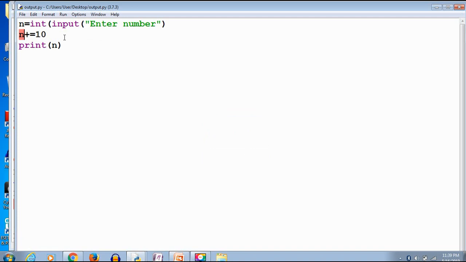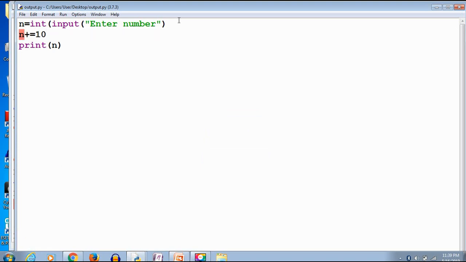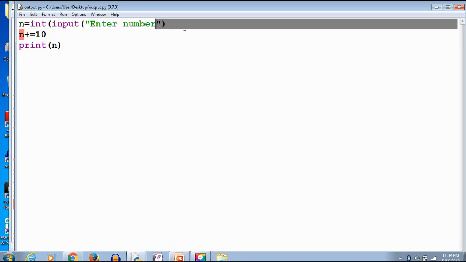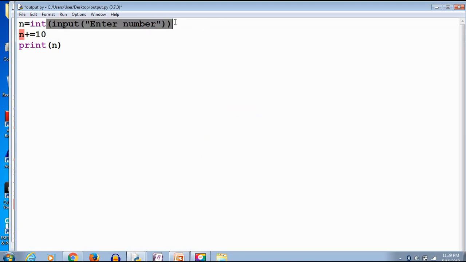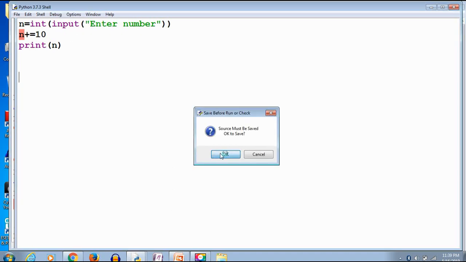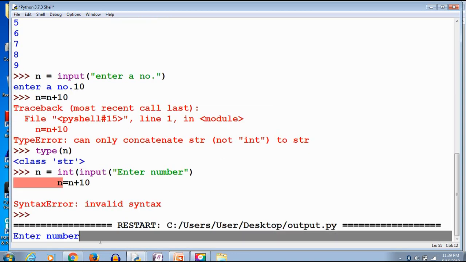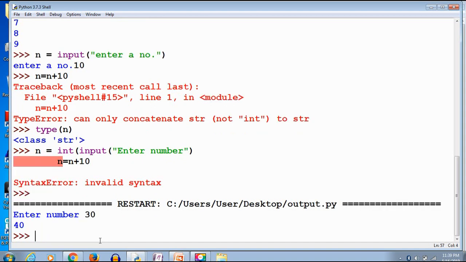So this is giving some error, n plus equal to 10, n is equal to n plus 10. Oh, there is an error there, a bracket is missing here, so you can run it. So it is now correct. Now suppose I am entering the value as 30, so it is giving the right output. So in this way,